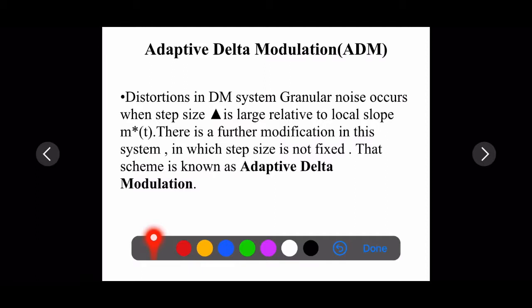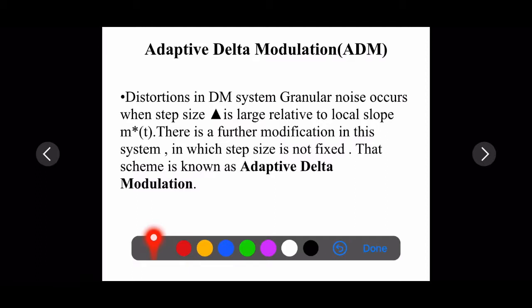Granular noise occurs when the step size, that is delta, is large relative to the local slope, that is m*(t), the quantized signal. There is a further modification in this system in which the step size is not fixed. In granular noise the step size is fixed, and that's why this problem comes.